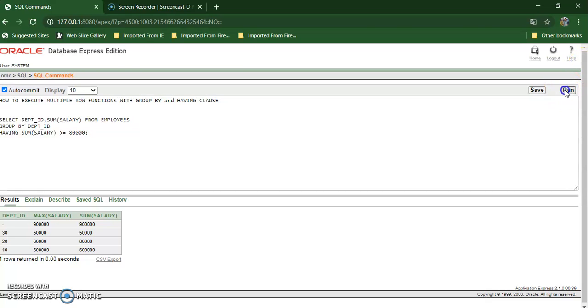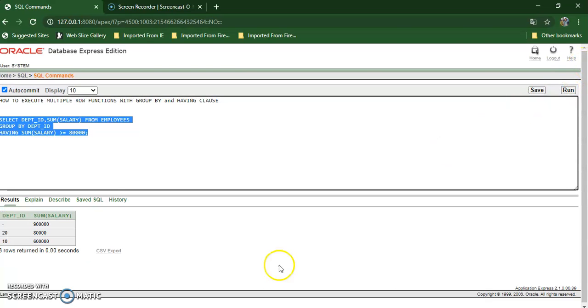So let's see the result of this particular statement. Here department ID is null and the condition is true. The sum of salary is more than 80,000. For department 20, that is also true.